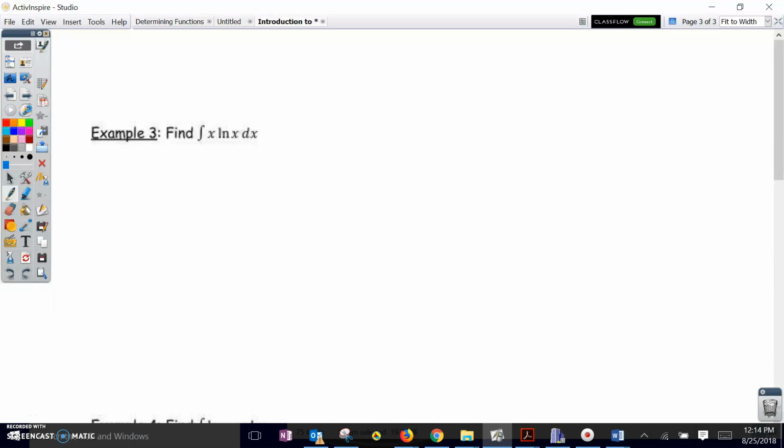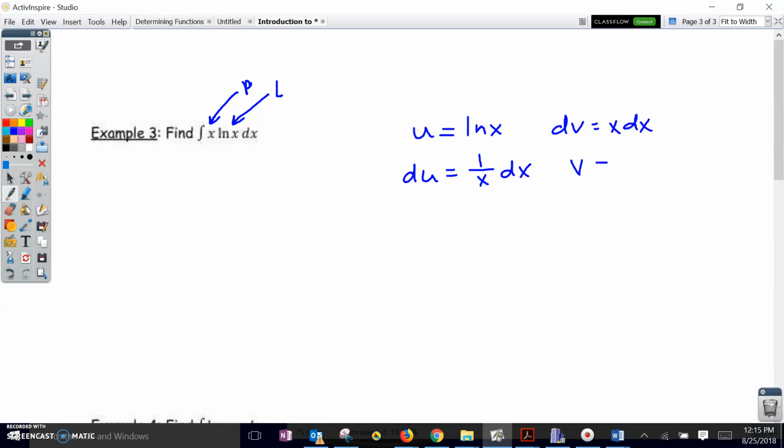All right, in example 3, again, we're going to identify what kinds of functions we have. We have a polynomial, and we have a logarithmic. L comes before P in the LIPET hierarchy, so that's going to be our u, and dv is going to be x dx. Now I find du, and I find v,